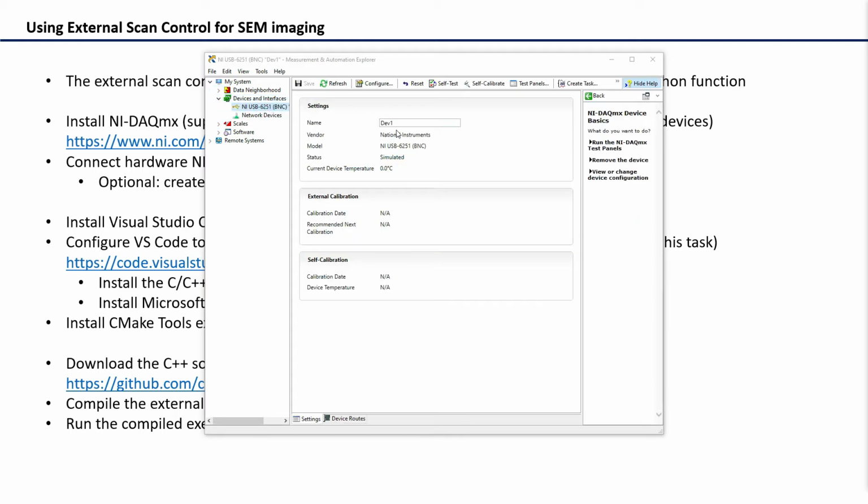Now the device is created. We can also change the device name to, for example, Dev2 and save it, so that we can leave Dev1, the name for the physical device.